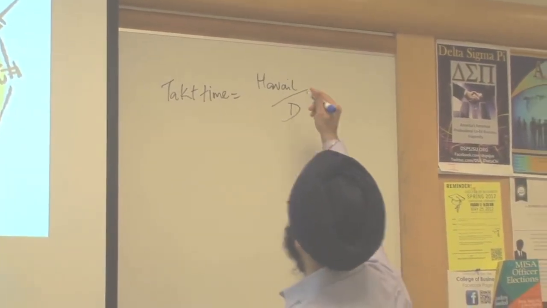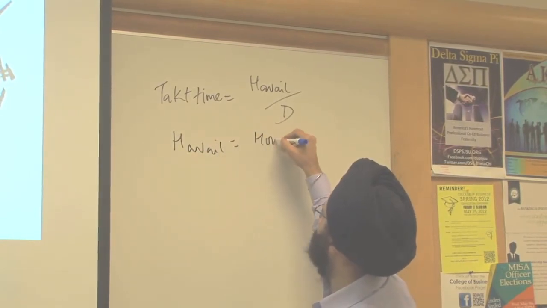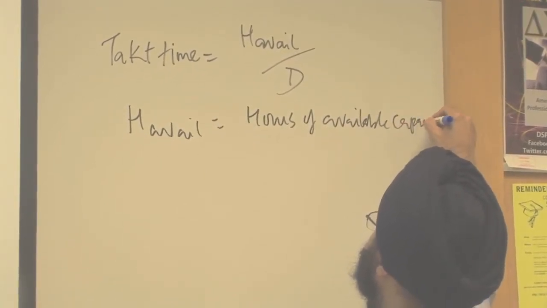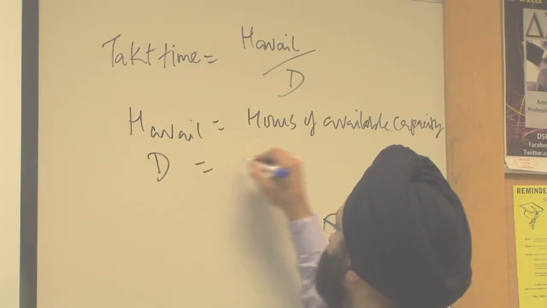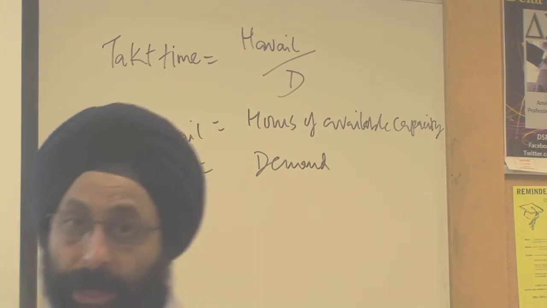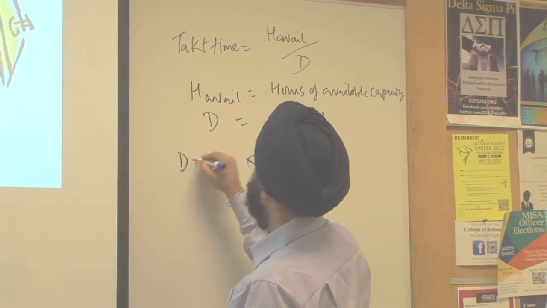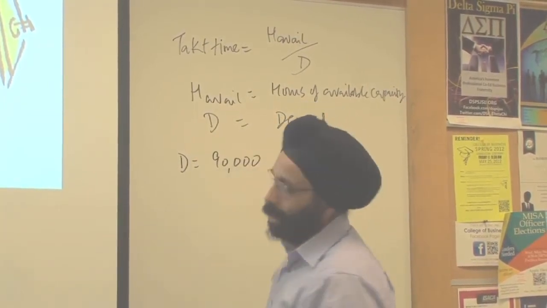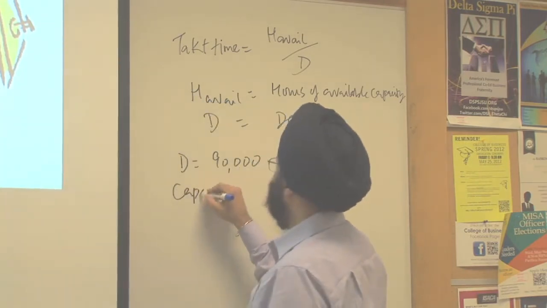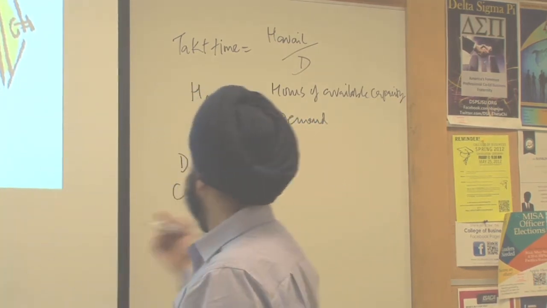H is the hours of available capacity, and D is the demand that is coming from the customer. Now in this case, suppose that we have a demand of 90,000. So D is 90,000 units. And the capacity that you have is 38 hours